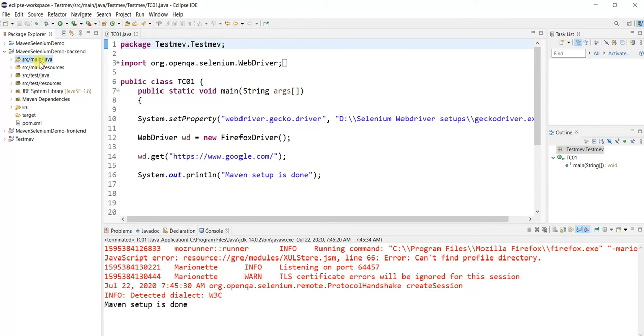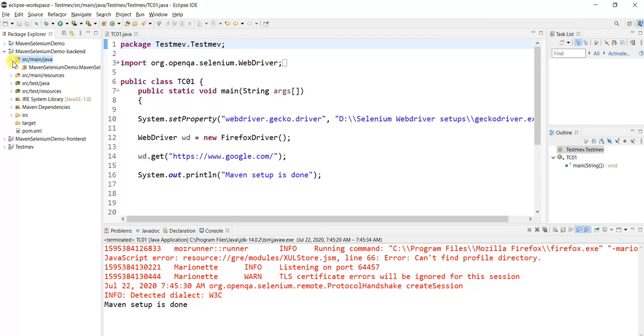Here I can see src main java. These are the different repositories Maven will automatically create, as it is a framework, it will create its own repository structure. No need to worry about it, we just need to understand main is a repository, and main resources are for resources, test we can use for test cases. So many repositories for many things we can maintain in a development environment.